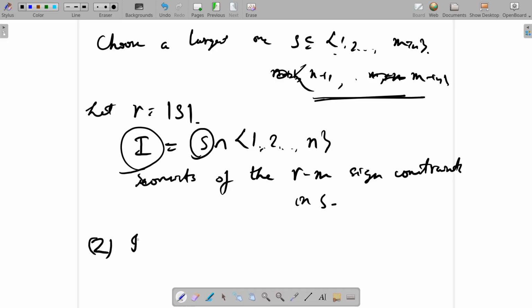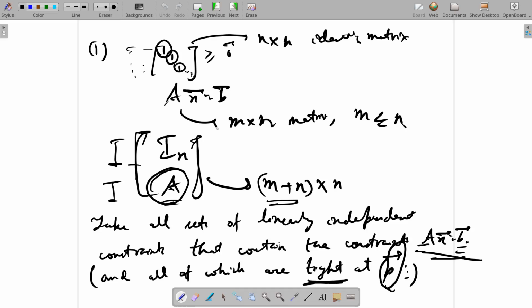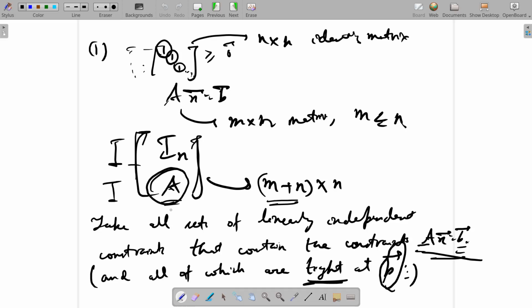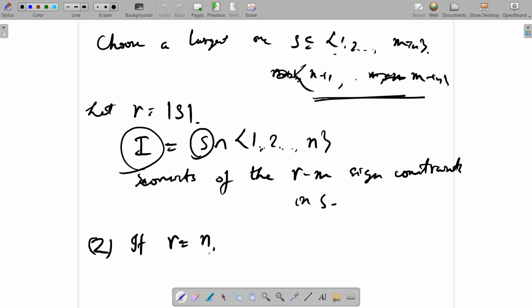So in step 2, what do we do? If R is equal to n, so what happens if R is equal to n? Of course, R cannot be bigger than n, because R is less than or equal to the rank of this big matrix consisting of the n by n identity padded with this I. So if R equals n, that means you have n linearly independent constraints which are tight at P. What does that tell us about P? From a previous lemma, P is a vertex of F. If R equals n, P is a vertex of F. We are done,